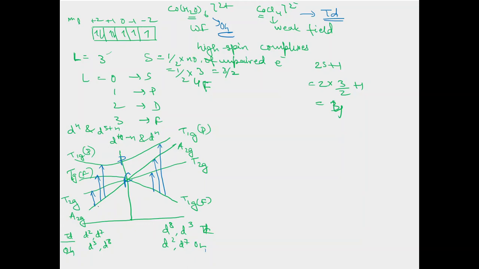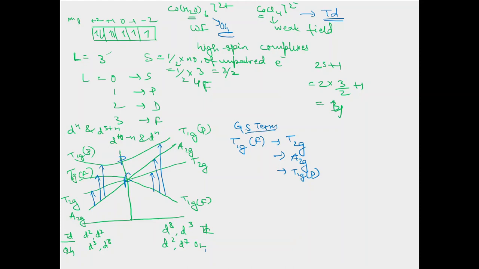So for d7 octahedral, the transitions are from 4T1g(F) to 4T2g, 4T1g(F) to 4A2g, and 4T1g(F) to 4T1g(P). So the ground state term for this octahedral complex is 4T1g(F),